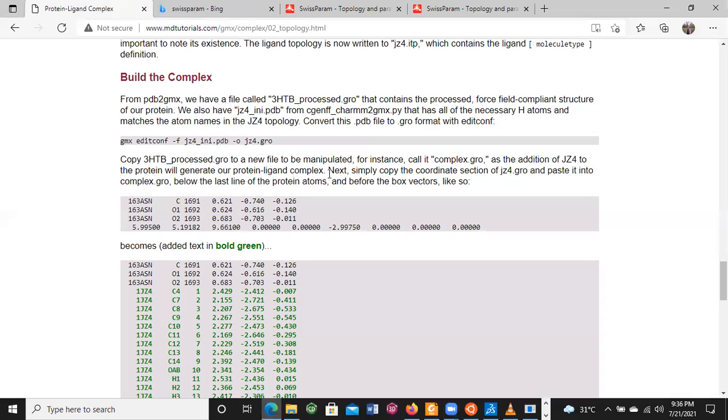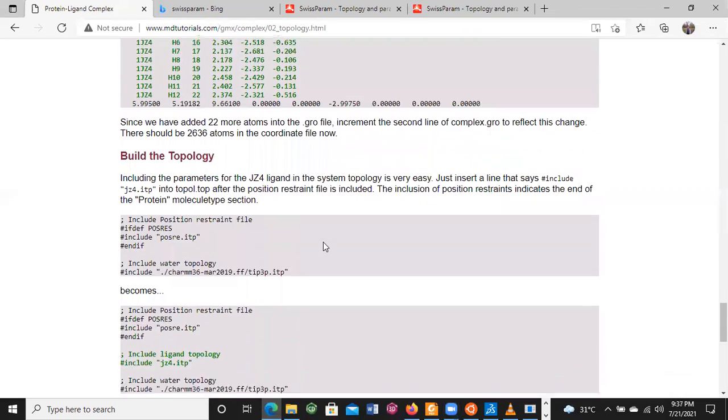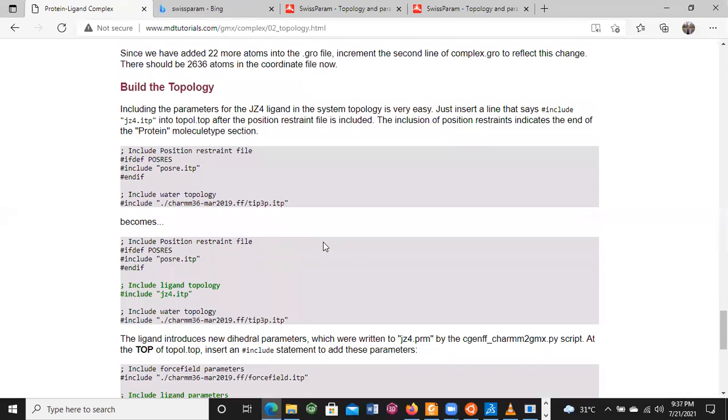This is nothing but the 3HTB_process.gro file. Just make a copy and rename it complex.gro, because we merged the protein and ligand coordinates in a single file. Clear? Now, the second thing we need to do is change the topology file parameters.